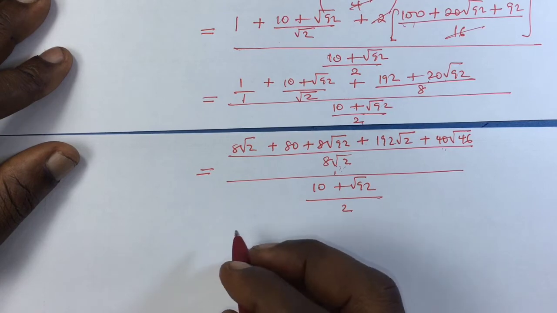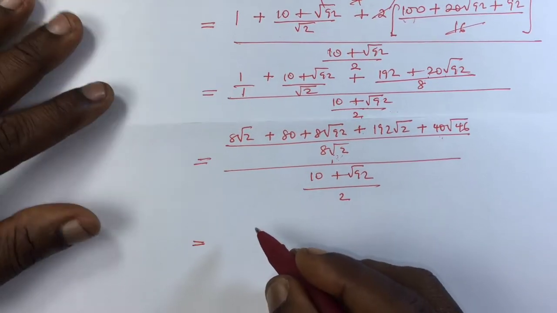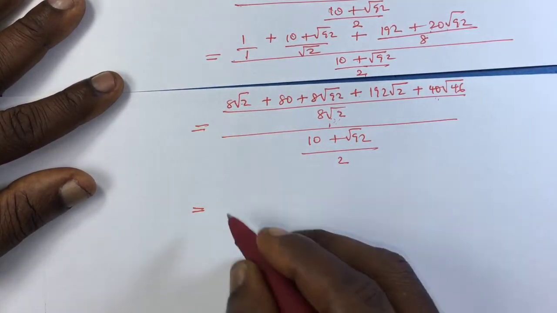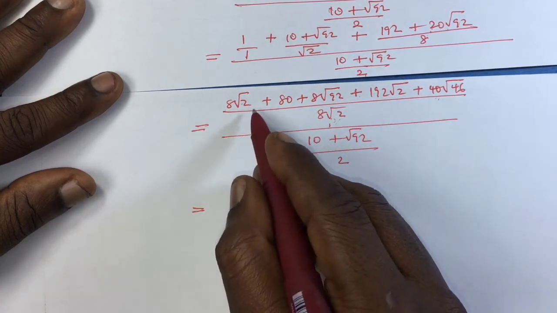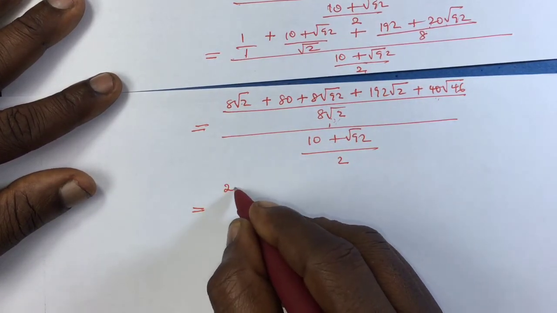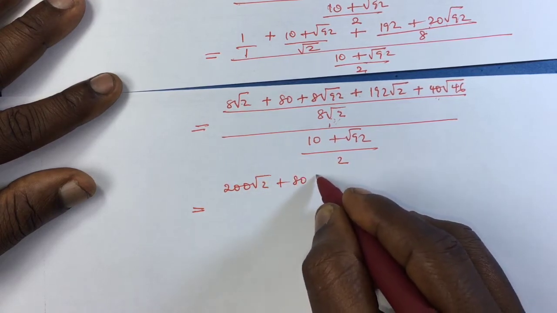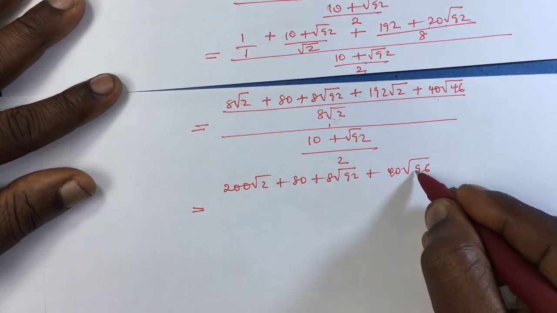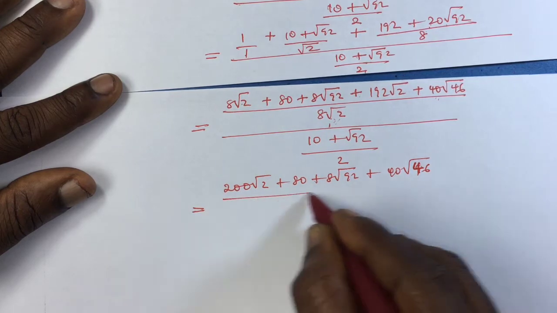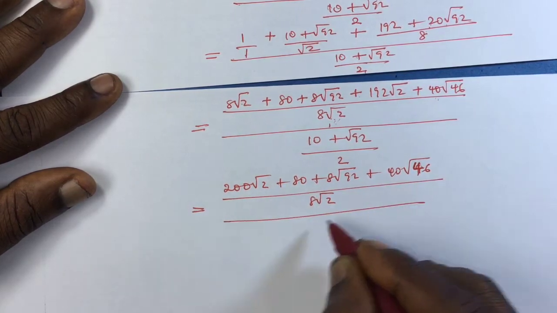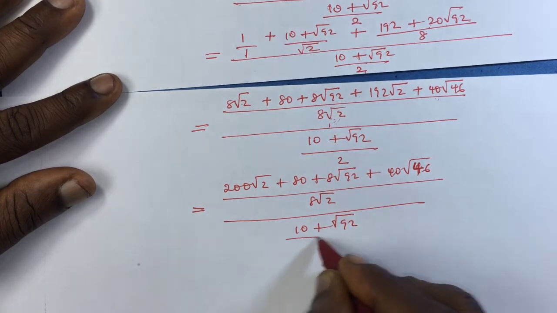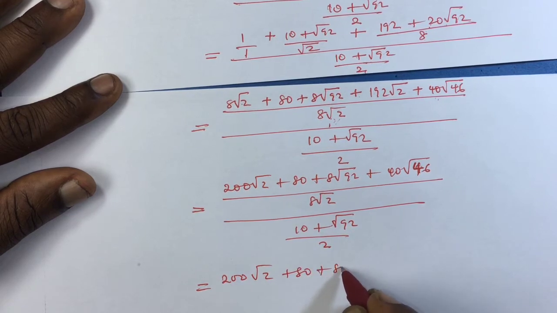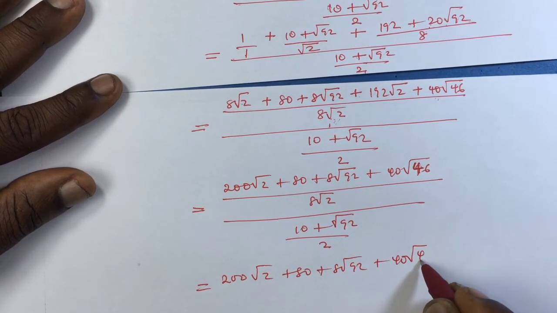So the next thing I'm going to do is this. I'm going to write this out in this manner, okay? First of all, let's add this similar sort. 8 root 2 to 192 root 2 will give us 200 root 2 plus 80 plus 8 root 92 plus 40 root 46 all over 8 root 2 all over (10 plus root 92) all over 2. So this can be written as 200 root 2 plus 80 plus 8 root 92 plus 40 root 46 all